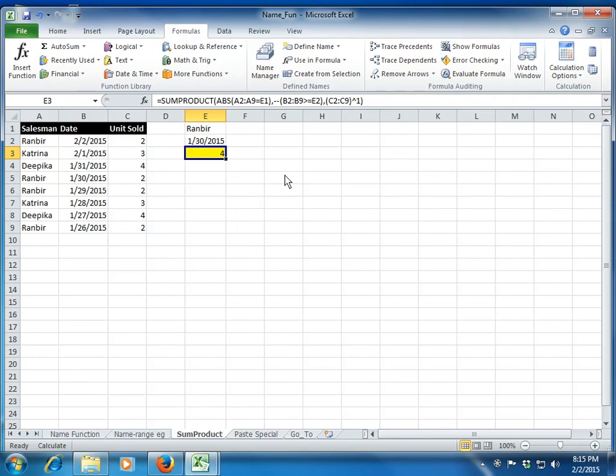Now, why I am using this example in the name function class is because you can also do the same calculation using a dynamic name range. First you can create the name for each of these columns by using the dynamic name referencing, and then you can apply the same formula. So rather than linking it to a cell every time, you can directly give it the name which you have created for each of these columns. Clear? Okay, fine. So this is where we stop the class on the name function.